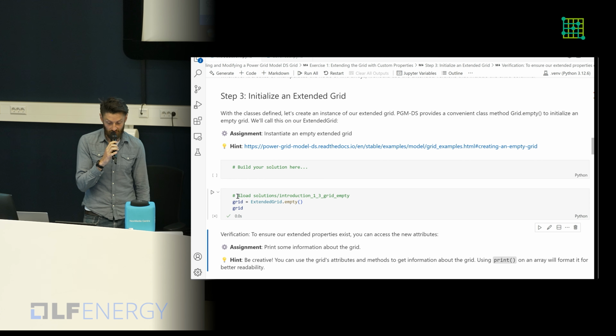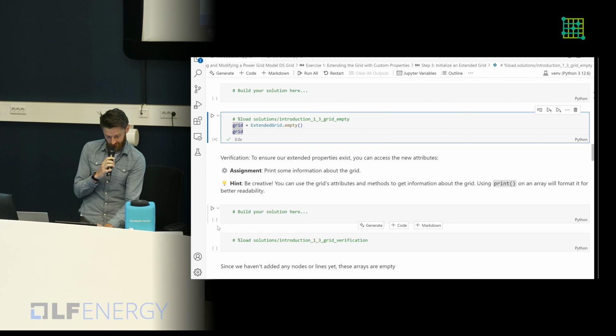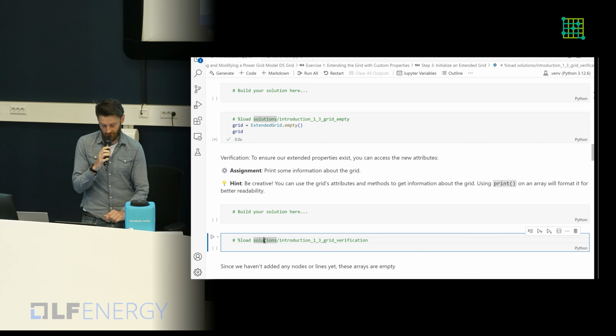There's an empty class method on the grid class, and it creates a grid with all arrays in the grid being empty. In the next one you can print the properties or all the content of that grid.